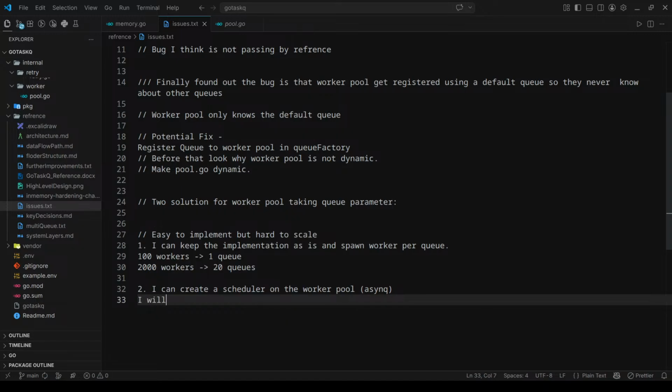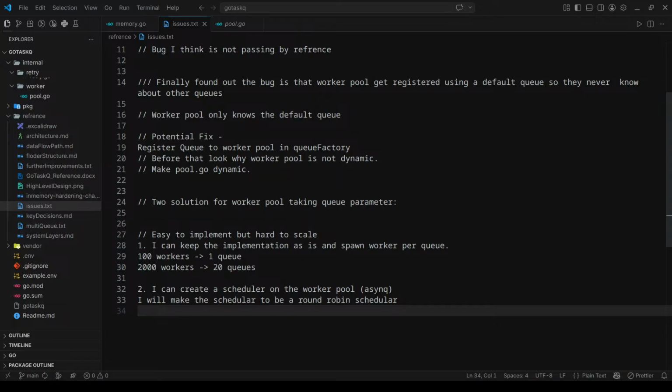I'll make the scheduler a round robin scheduler. In OS classes in computer science, you must have read about round robin. It will give each queue approximately equal priority, but